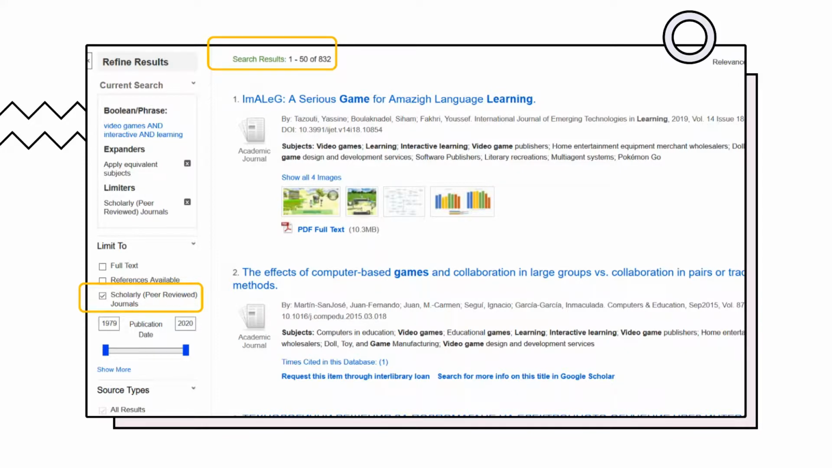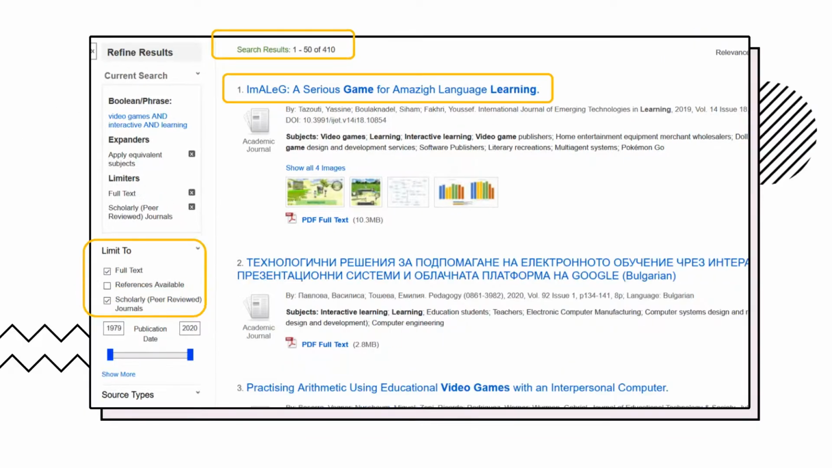You will see that there are now 832 results. We can limit these even further by choosing to click Full Text, which will give us 410 results where the complete article is available. We can now look through our results to choose an article that appears to be on